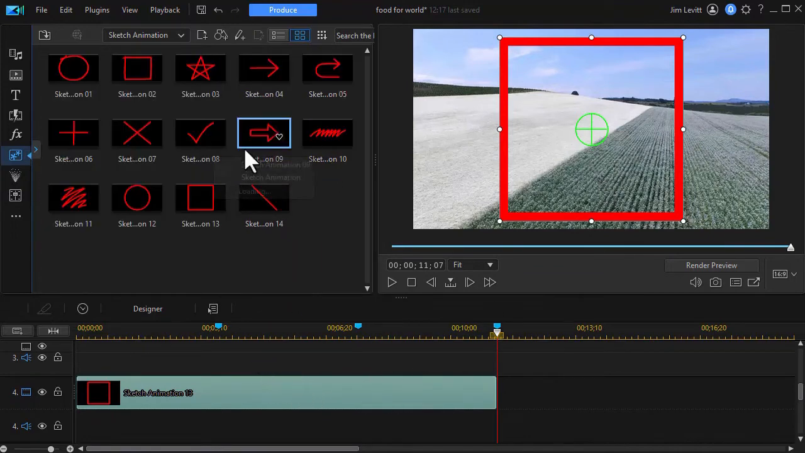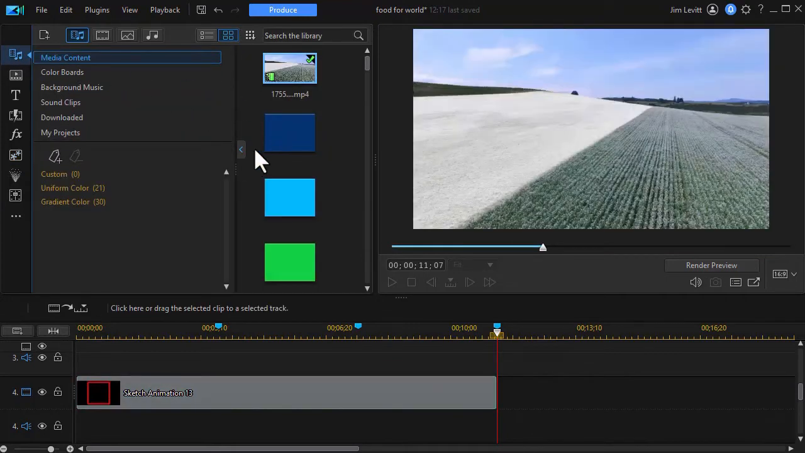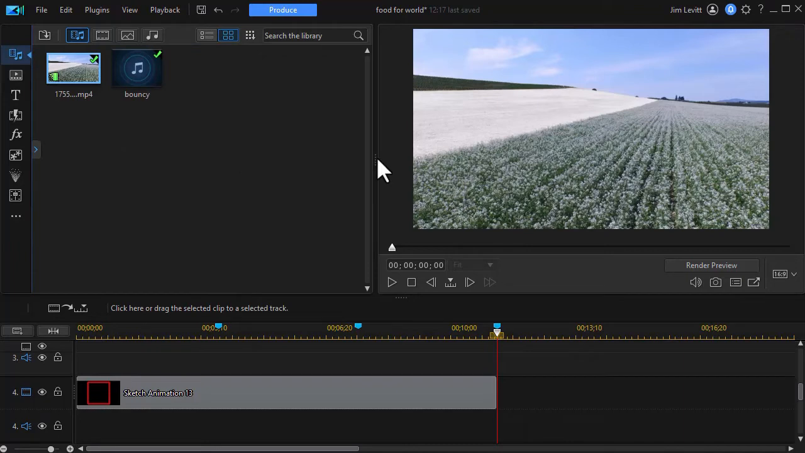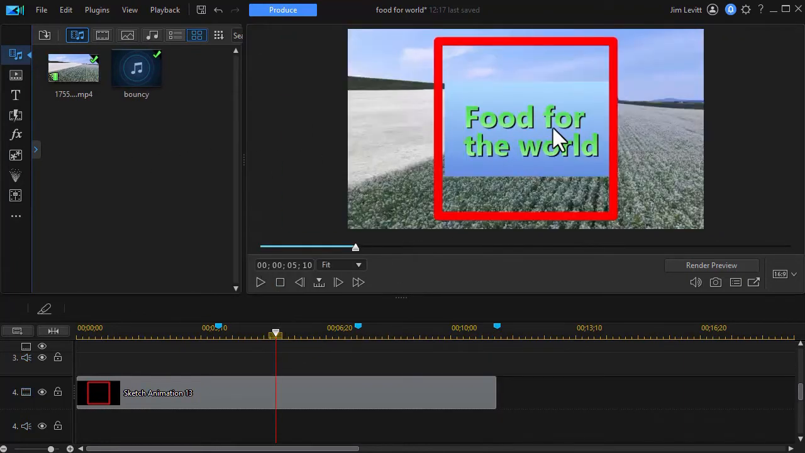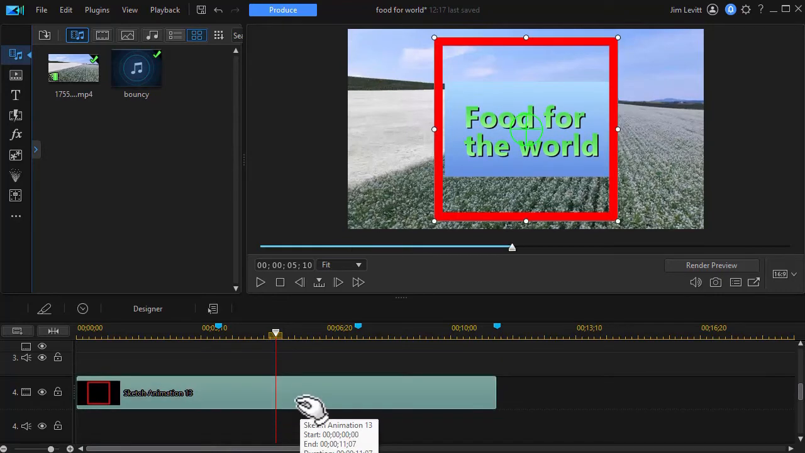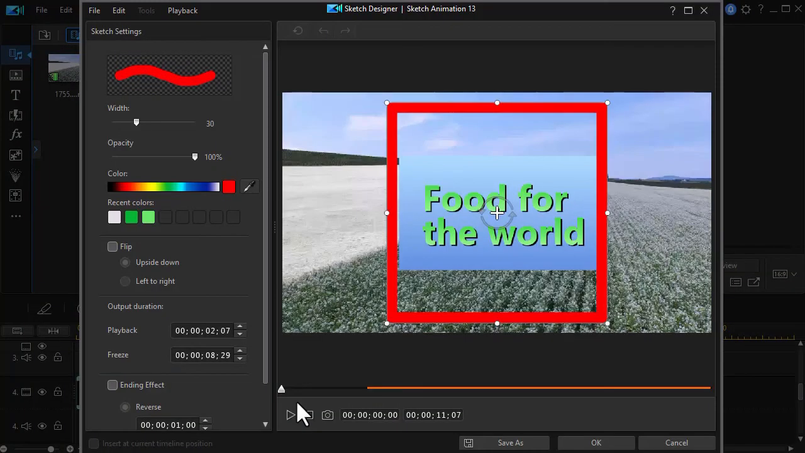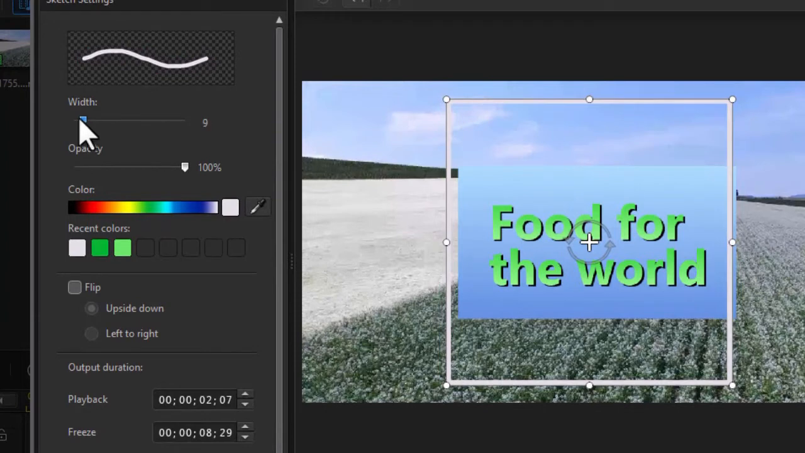So we're going to minimize this, go back to this screen for now, and go back to our media content, and then minimize that. So let's look and see what we have here. Here we have our food for the world, and we want to animate this border around it and modify it in some degree. So first of all, we'll double click on it, and that will open up my sketch designer. Let's change the color to white,